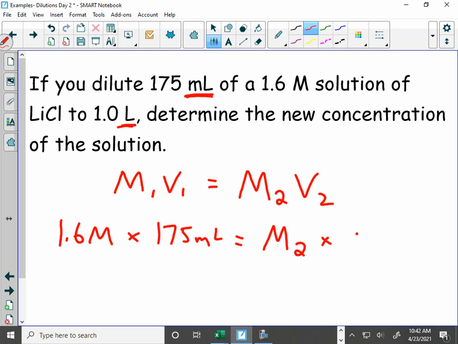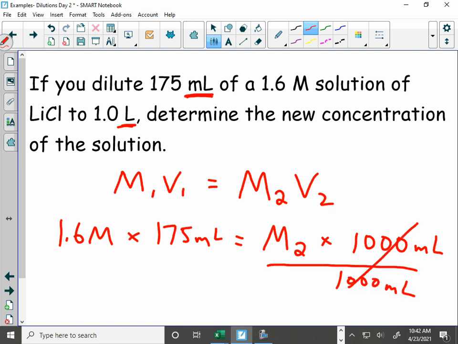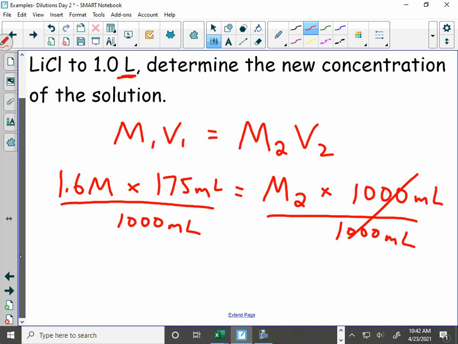I diluted it to 1,000 milliliters. So just some simple math here. In order to solve for M2, I've got to divide both sides by 1,000. I get a cancel there. I divide this side by 1,000. And M2 is going to be equal to